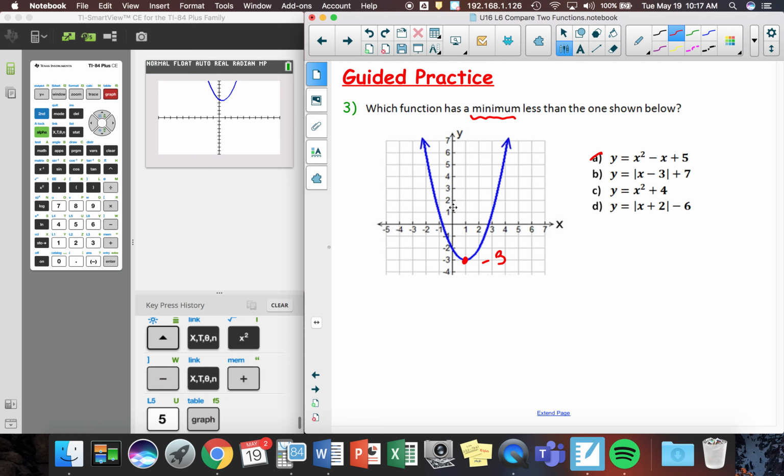Okay. Now, for this one here, if you remember your transformation laws, we don't even have to type it into the calculator. We know what's going on here. So just to recap, for our transformation, if I have a number on the outside, this means our parent function is going up 7. And this -3 means it's going to the right 3. So what that means is that I'm going to take this function here,